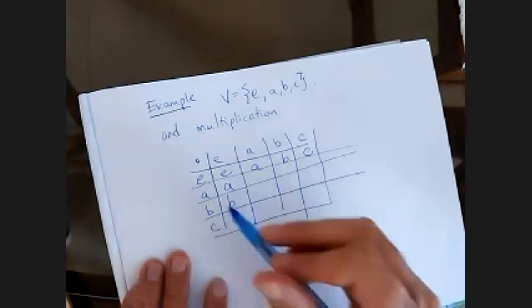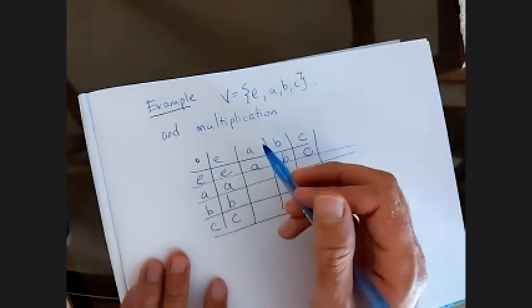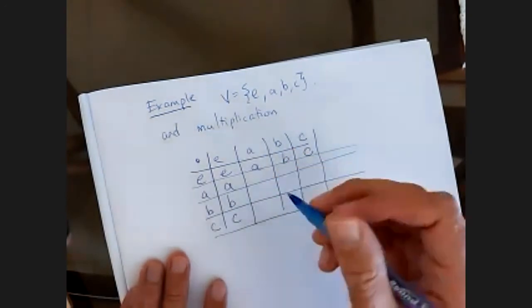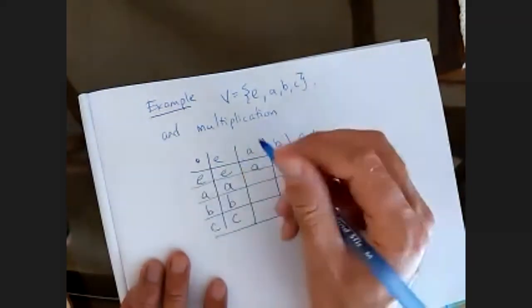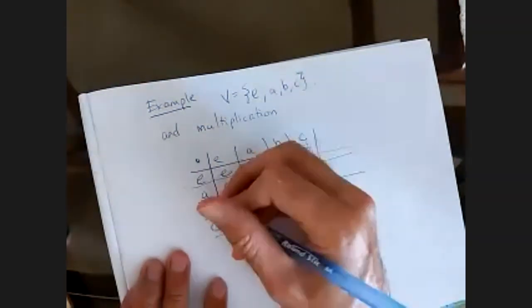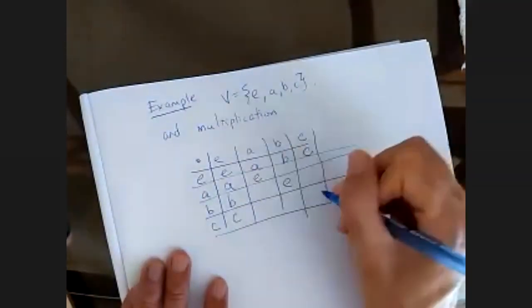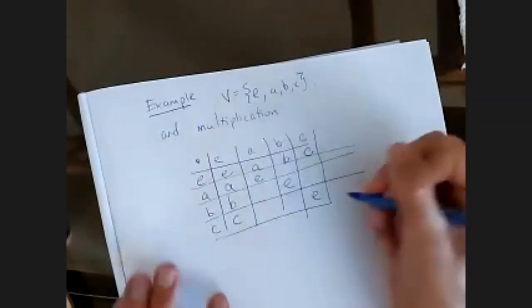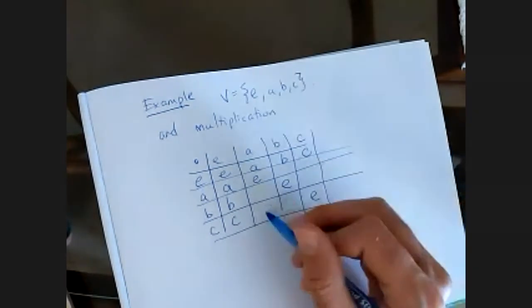Let's see, I want each element of the group to have an inverse. I'm going to choose the inverse of each element to be itself. So I want A times A to be the identity, B times B to be the identity, and C times C to be the identity. Okay, now we can try and fill out the remaining